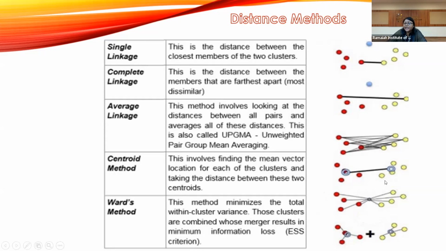The next one is the centroid method. In the centroid method, this is a cluster and this is a cluster. In the first cluster, you find the center of it, that is the centroid, and in the other cluster, you find the centroid again. Now if you calculate the centers of both these clusters, that gives you the distance between the centroids. So this is your centroid method.